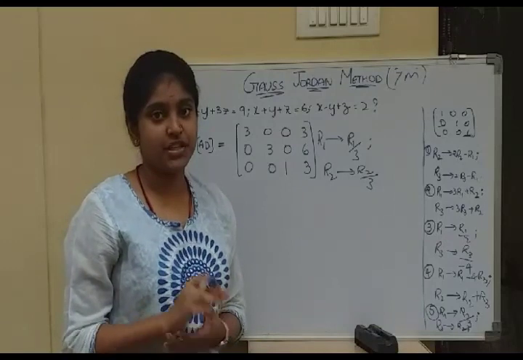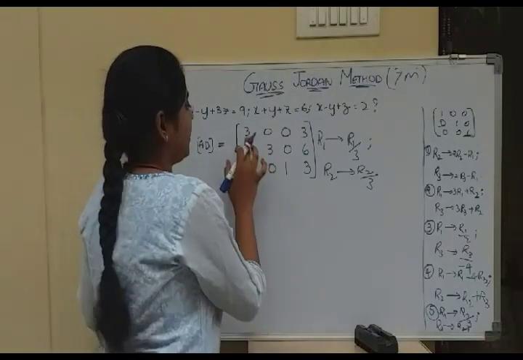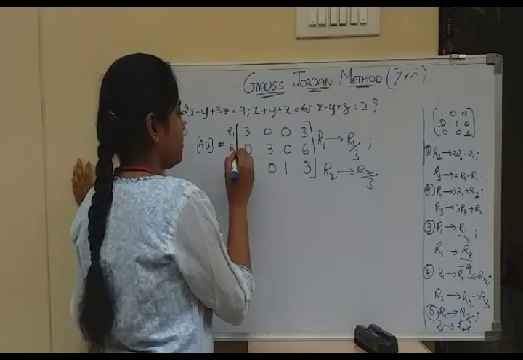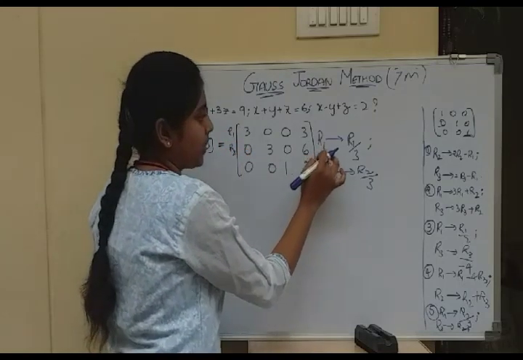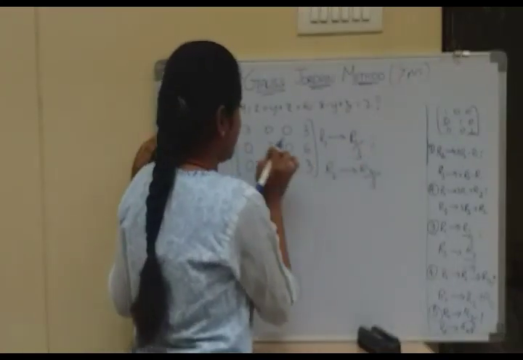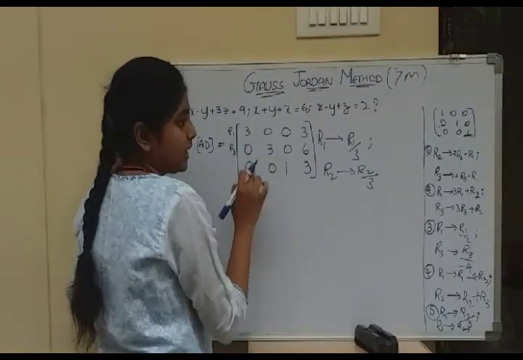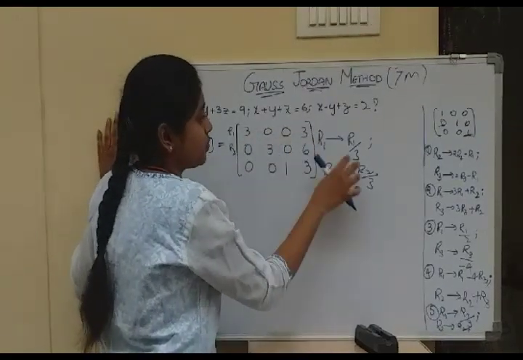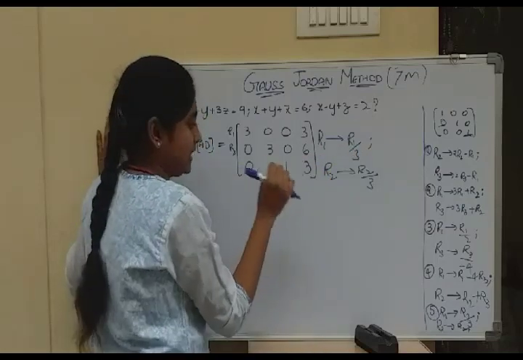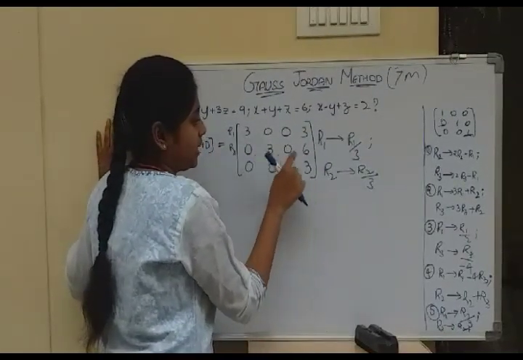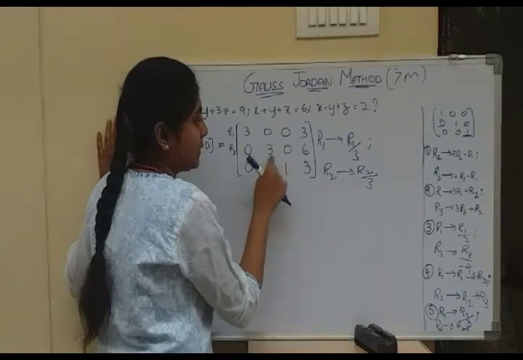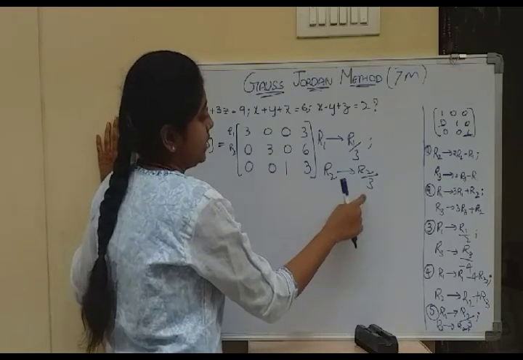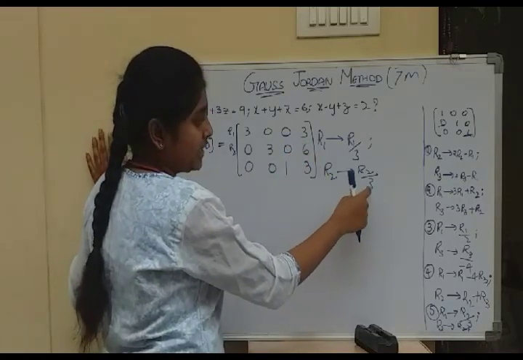Now to the fifth step, the final step. Here we need to make this one as 1 and this one as 1. So this is row 1, row 2. We will follow this step, that row 1 gives rise to row 1 divided by 3. If we divide with 3, it will become 1. 3 by 3, it is 1. So we are dividing the entire first row by 3. Here also we have 3 and 6, and we need this 3 as 1, so we will divide with 3. Row 1 and row 2 will be divided by 3.